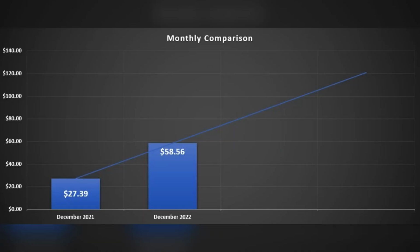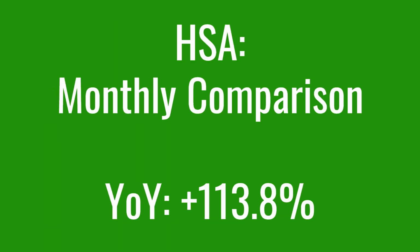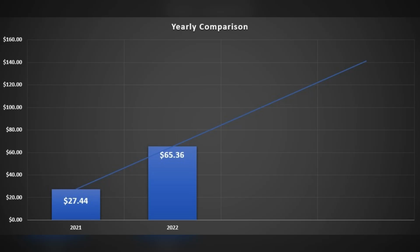Lastly, let's check up on the dividend income received in my HSA from 2021 when I began the account until now. In December of 2021, I made $27.39 versus December of this year where I made $58.56, which is a year over year increase of 113.8%. And for all of 2021, that HSA made $27.44 versus all of this year where I made $65.36, which is a year over year increase of